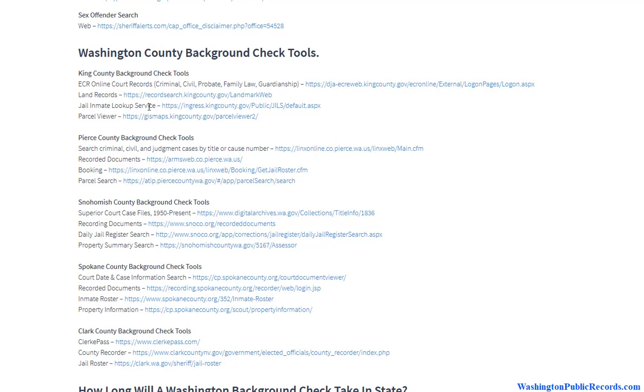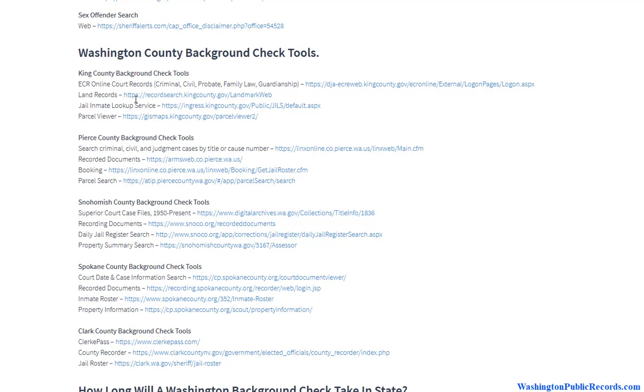So jail is slightly different than a prison. Somebody could have gotten arrested, released the next day. If anybody's serving over a year, then they'll be in the prison system. So they're two different. They're run by two different bureaucracies, you might say. So you've got the sheriffs working with one, and then the Department of Corrections working with the other, and they have their own databases. So that's something to keep in mind.